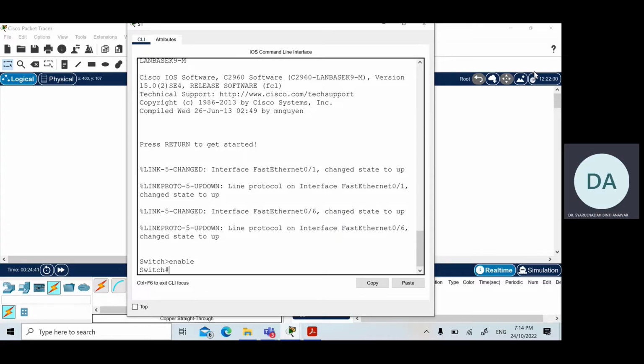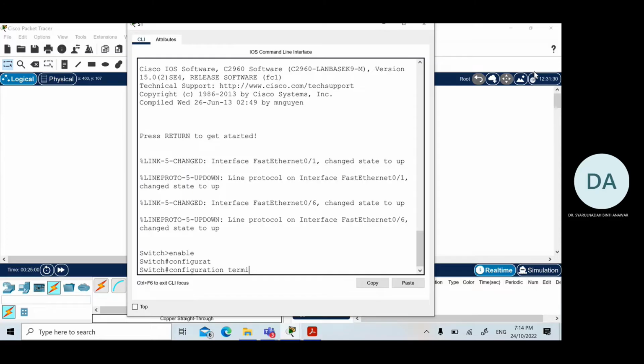If you want to configure your switch, you need to change the prompt to global configuration mode. To go to global configuration mode, we need to type configuration